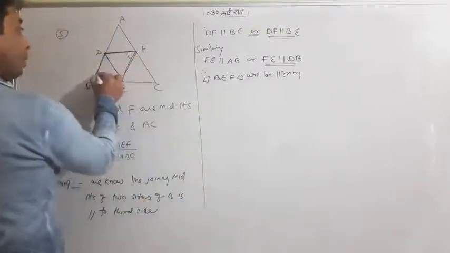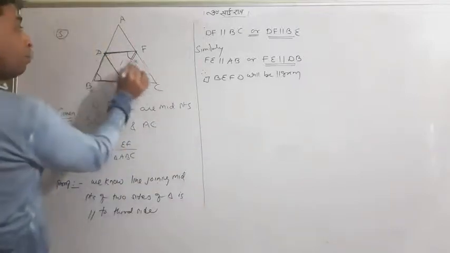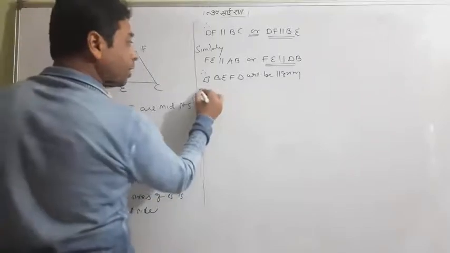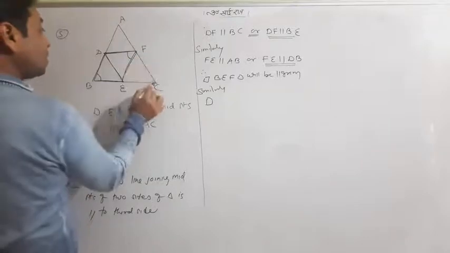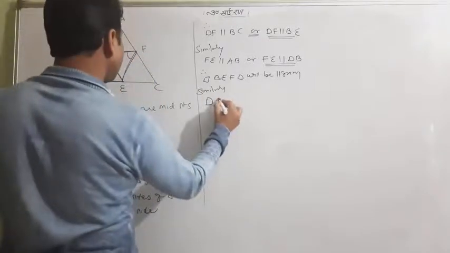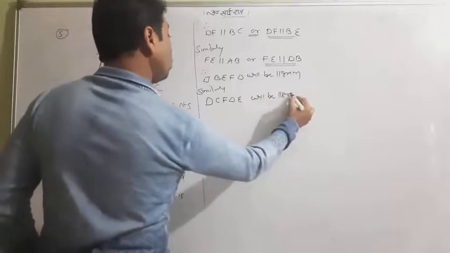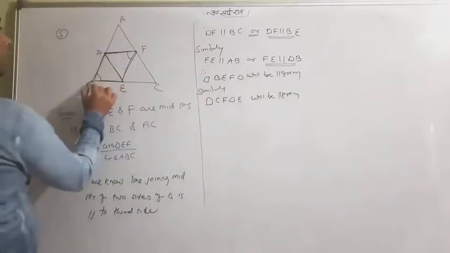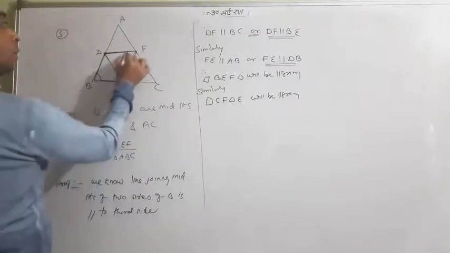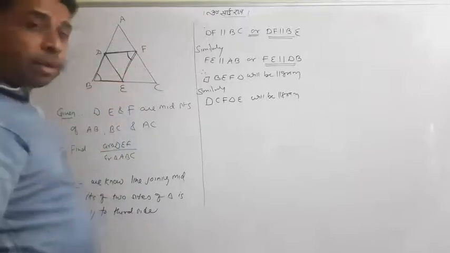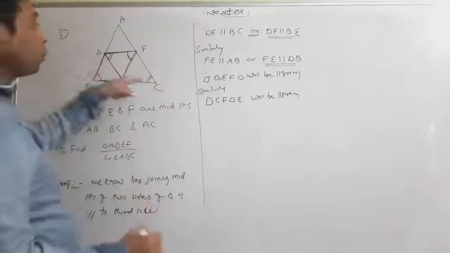Now one interesting thing is coming. What about these two angles? Opposite angles of a parallelogram. And what about these? Similarly, I'll prove this one is a, okay, let me write. Similarly, I'll find DFCE, or CFDE will be a parallelogram. So can you see that BEFD is a parallelogram, CEDF is a parallelogram? These two angles will be the same, opposite angles of a parallelogram, and these two angles are also the same, opposite angles of a parallelogram.